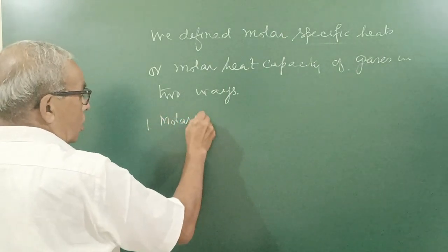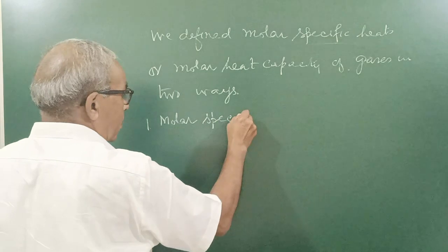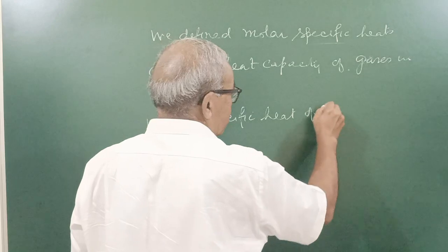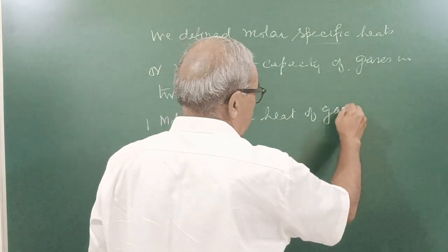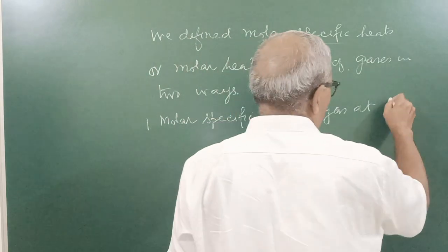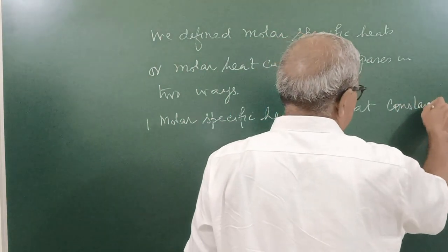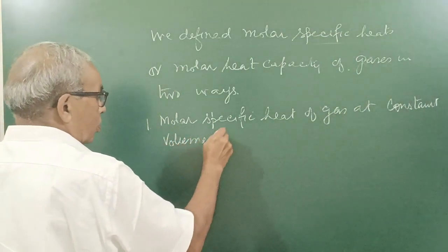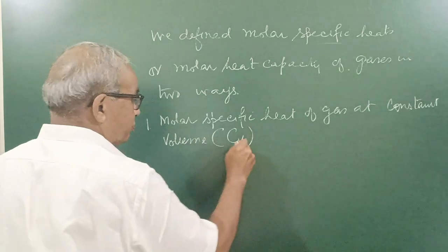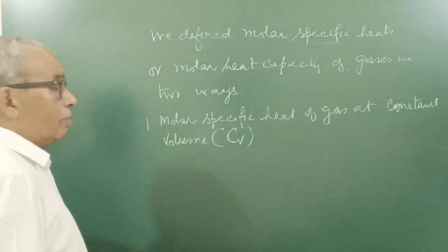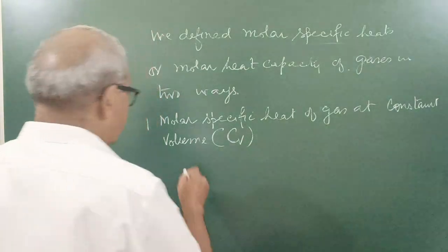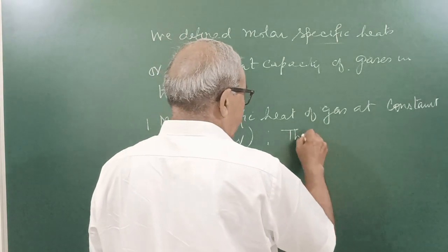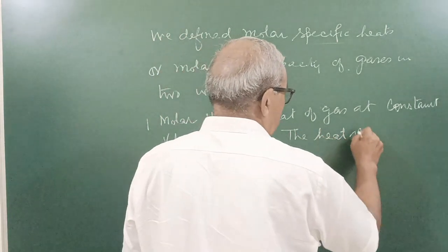Number one, the molar specific heat of gas at constant volume. We know it by capital CV. Capital C is the symbol of molar specific heat capacity at constant volume. It is very simple to define: the heat required